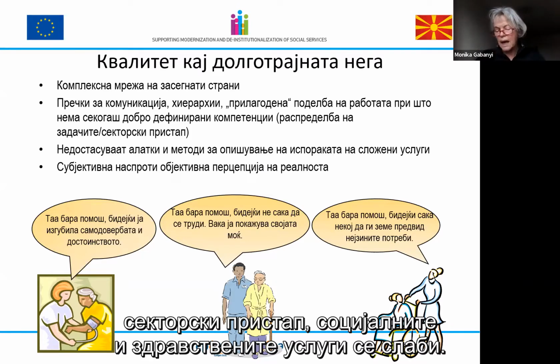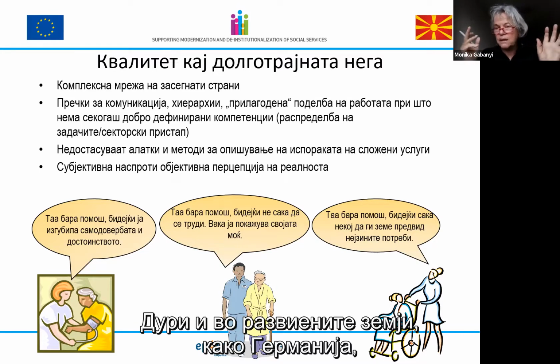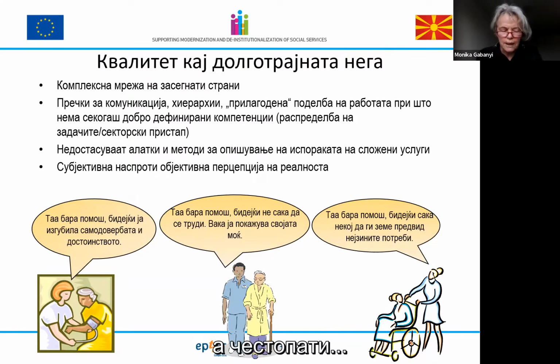Social and health being divided is more or less standard, not very seldom, also in developed countries like Germany. They are not cooperating, they are not coordinating the services, and quite often